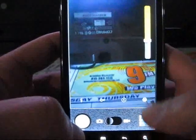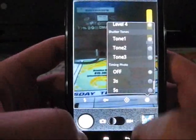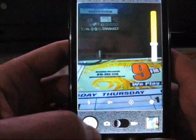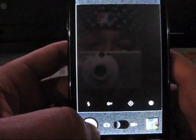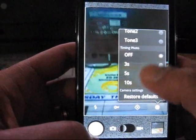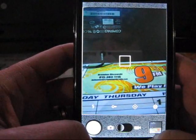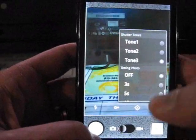So anyway, let me go over these shutter noises really quick. So here's the first tone, which I believe is the stock one. Okay, apparently people find that annoying. Now I'll go to the second one. And last but not least,